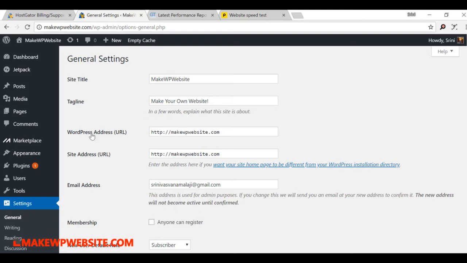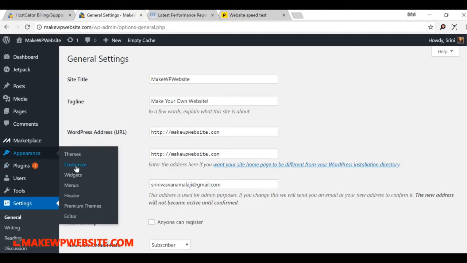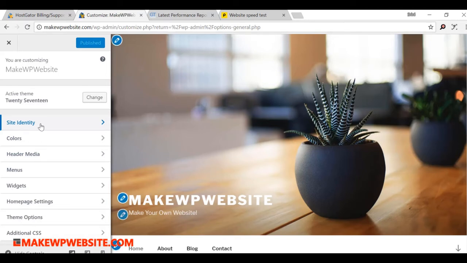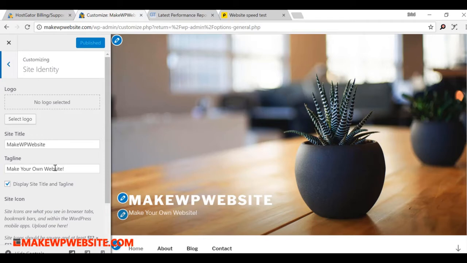Okay, I'll show you another way. You can go to appearance and go to customize. Just click on it. Then you'll find something called site identity. Okay, so once you click site identity, it will show you your site title and tagline. If the previous settings did not change your web page, then you come here and change the site title. Maybe you add one more, maybe you add some content to it and then you publish it. So once you publish, your changes will be reflected.